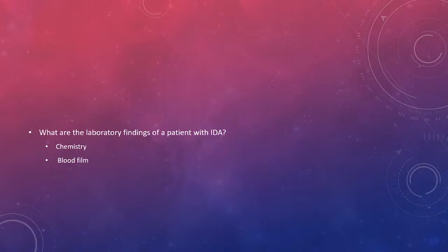All right? So chemistry tayo. You're going to look for ferritin and transferrin. What do you think would be the ferritin of the patient with IDA? So a patient with IDA is like this. I'll be drawing something. You can see what I'm drawing. I'm gonna write a check on this part, chemistry.